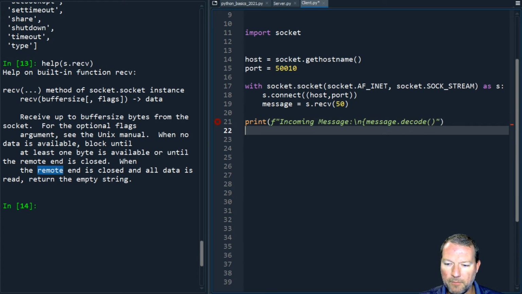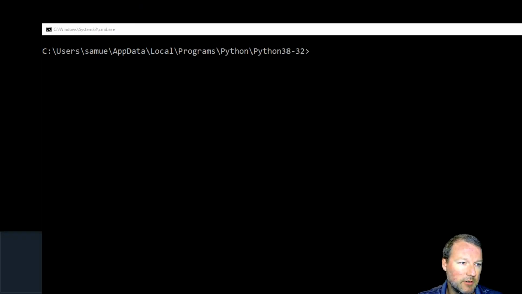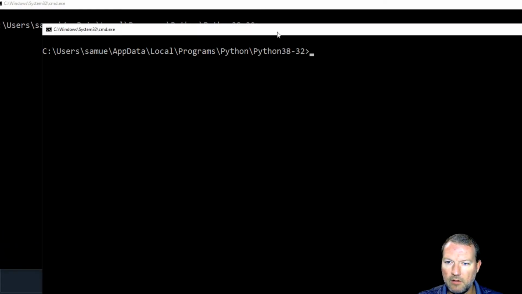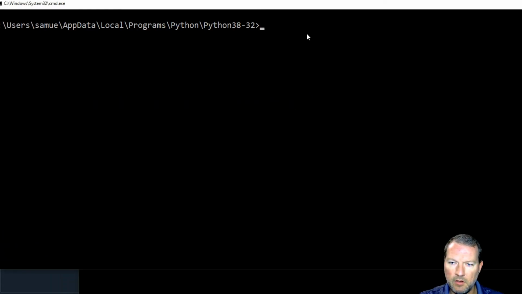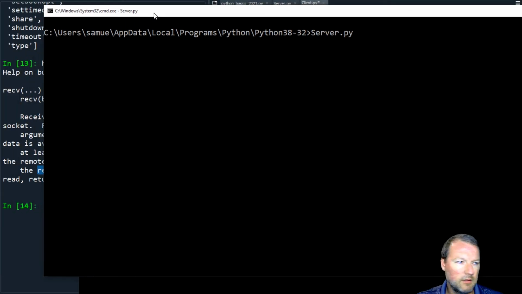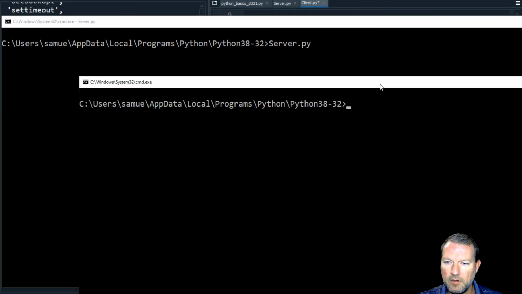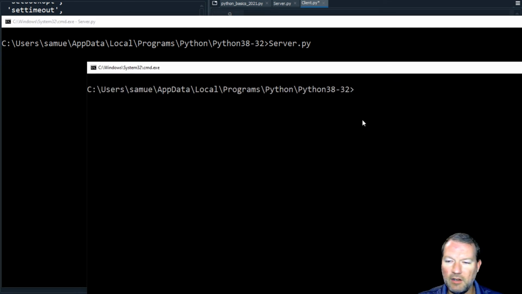So now, we need our two command lines. So we bring that up and this up, and one, to remind you, one is for the server.py and the other is for the client. Let's make sure we got these visible, which we do not. So there we go, there's one. So server.py. So this is sitting and waiting, just like a server does. It's sitting there patiently waiting. And then